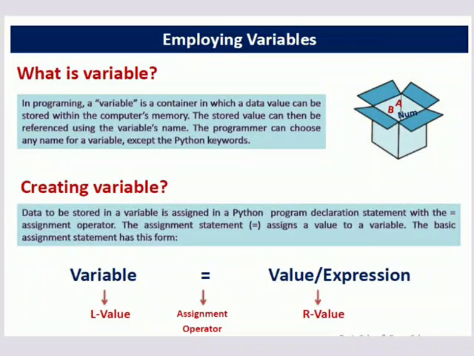First of all, we should know what we mean by the word variable. A variable is something whose value keeps on changing. In programming, a variable is a container which holds some value or data. All the variable names should be different. They should be unique. There should be no variables with the same name.